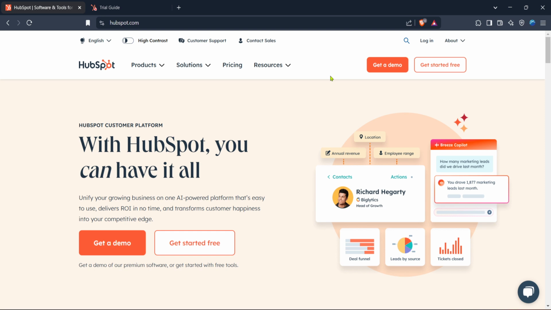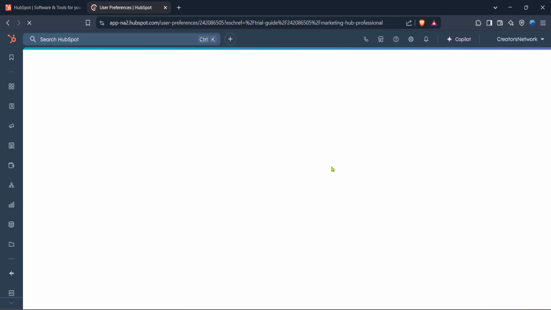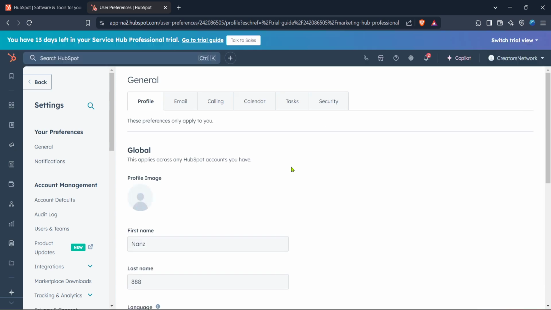Now that you're logged in, you should find yourself on the HubSpot homepage. This is the hub for all your HubSpot tools and services. Our next step is to locate the Settings button. You can usually find it in the main navigation menu. Click on it to proceed to the settings page, where you'll have access to a variety of configuration options for your HubSpot account.